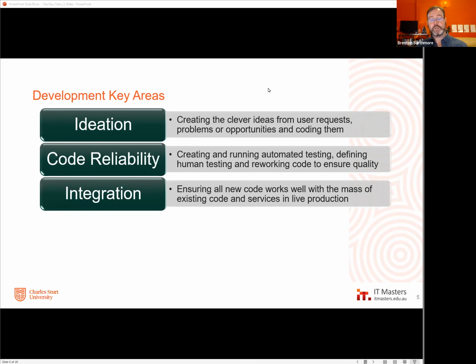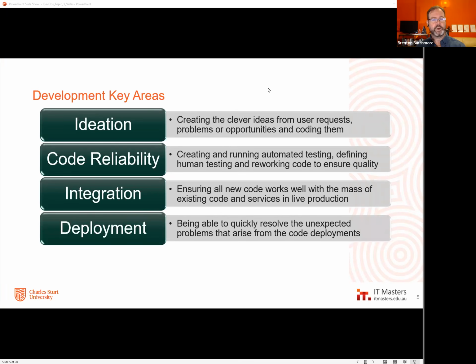But as we've already talked about last week, they are responsible for integration. They need to make sure that every new thing or every different thing that gets created and needs to be added will play nice with whatever's already there. So existing code, existing production services and systems, development needs to make sure that that works neatly together and solve anywhere where it doesn't.